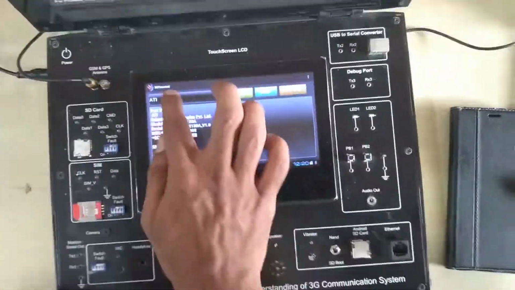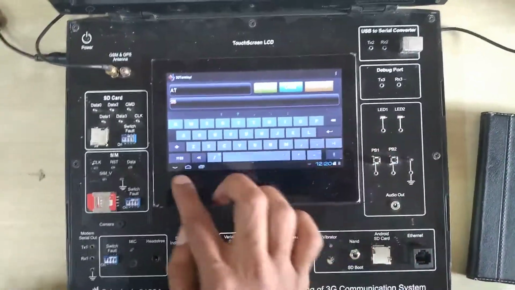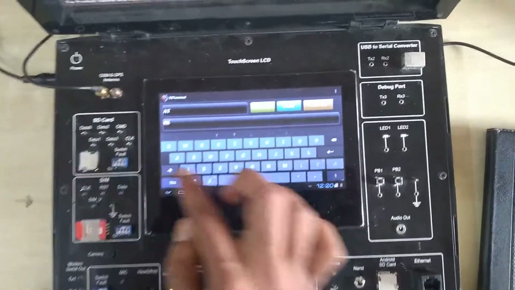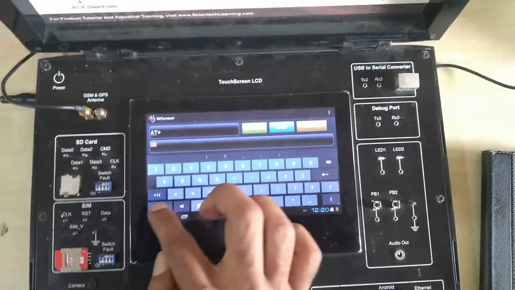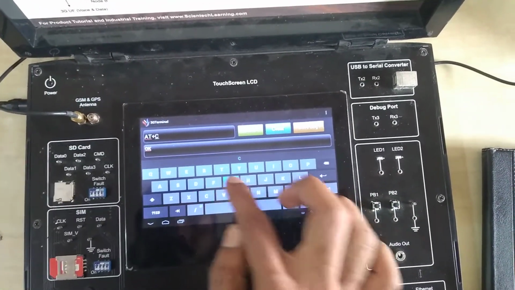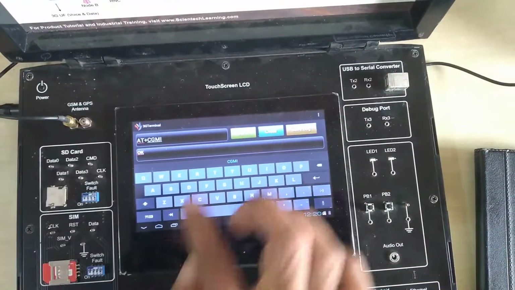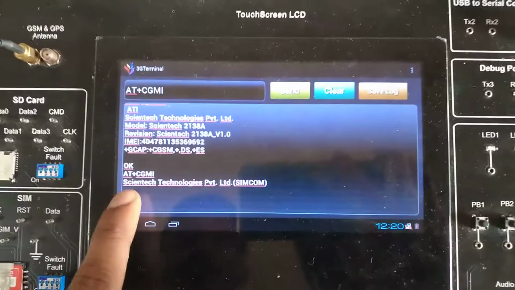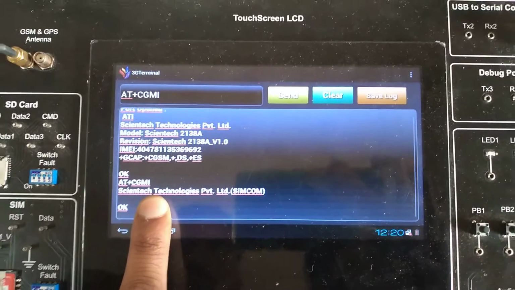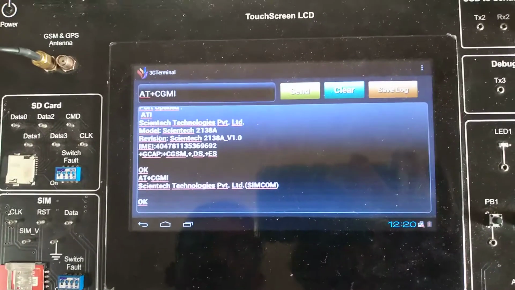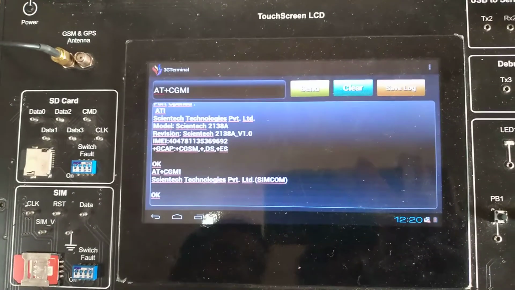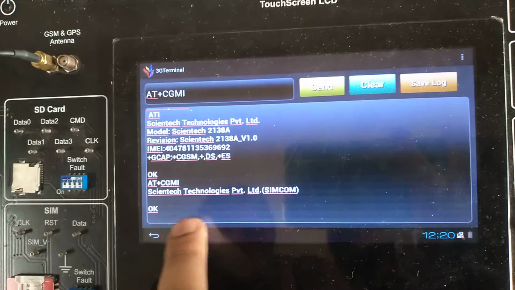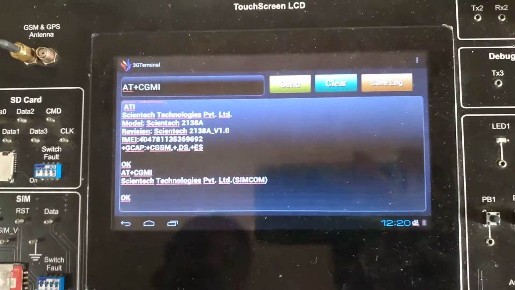Every time we have to enter AT plus and then the command. So we'll enter the next command, AT plus CGMI. That is the command for manufacturer identification. Once we enter this command, you will see the manufacturer name and the command you have entered, and OK means the command is successfully executed.